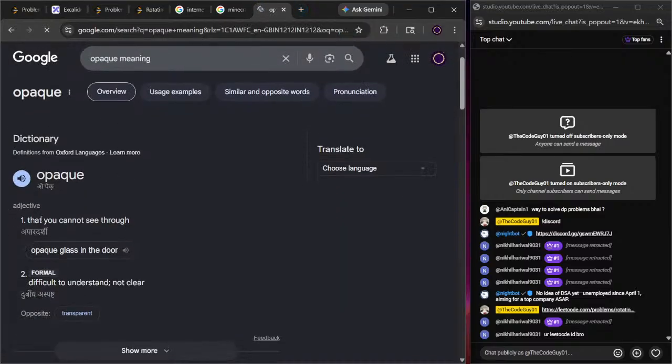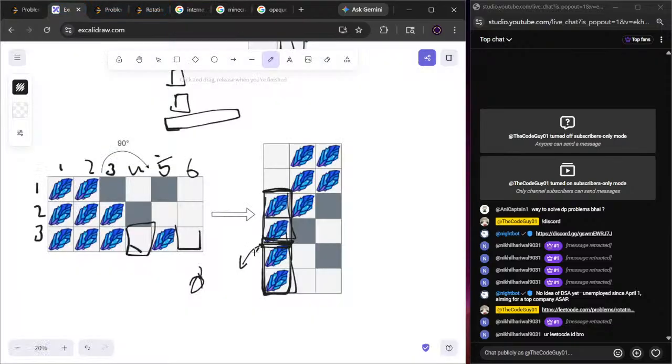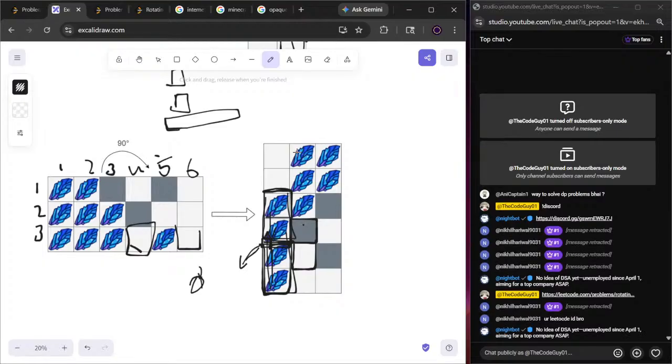Yeah, that you can't see through or you can't pass through. So this is an opaque thing. You can't go through. Also got trapped here. If we don't have a slab and we have only stones, then what will happen is the stones will fall one by one here, and the air will go on the top. So this will become air, air, and